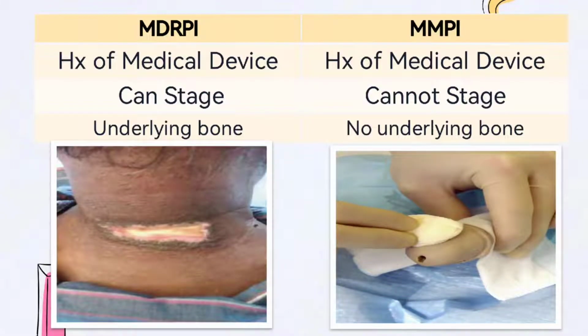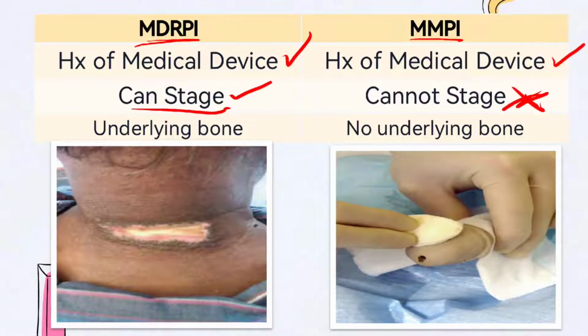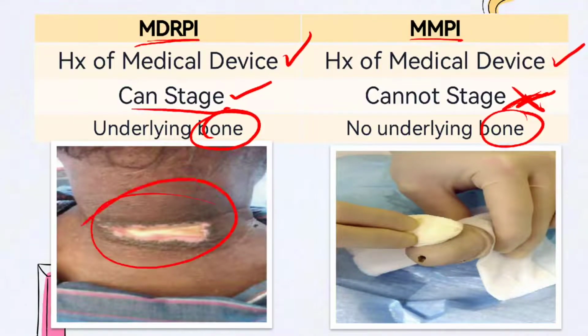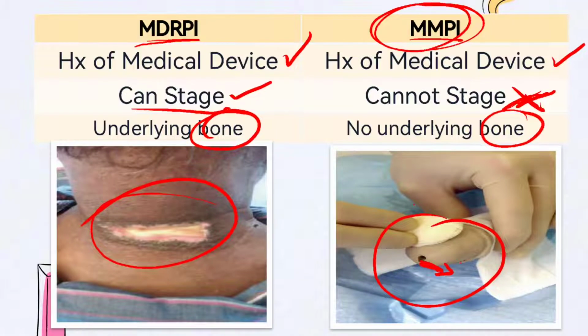Then, now, a difference between your medical device-related pressure injury and your mucosal membrane pressure injury. Again, similarities, both have a history of medical device. Medical device, you can stage. Mucosal membrane, you cannot stage. Because again, there is no underlying bone. Example here, this is a pressure injury caused by a tracheostomy tie. Okay, here for example, if there is a tear on the patient's genital area because of the Foley's catheter, of course there's no bone on the male genitalia, so that means this is considered as